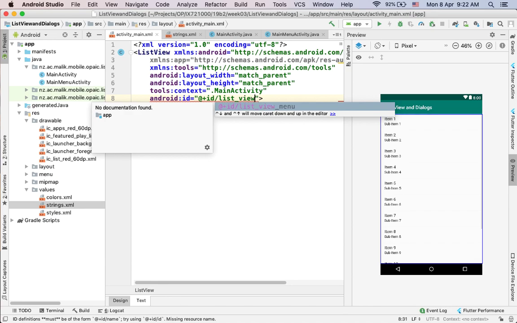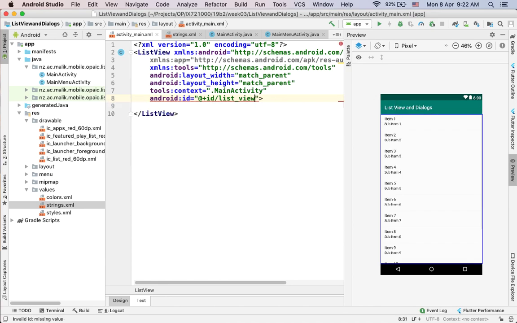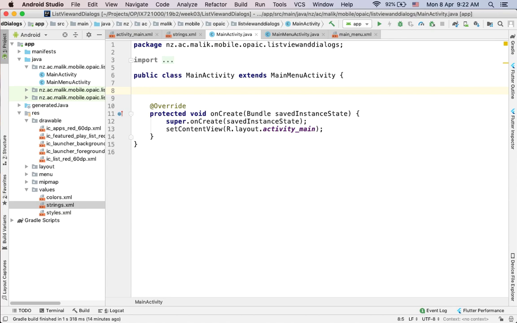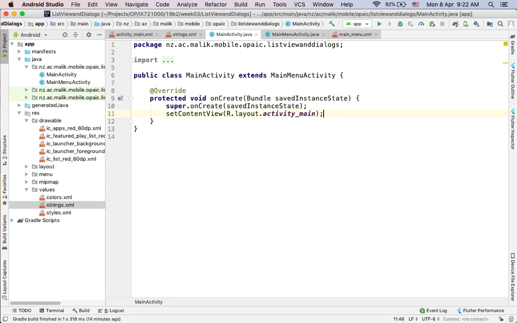List underscore view. Okay, well, that should be fine. So we have that particular list underscore view, and then we can simply create that particular object here. I think we don't even need to create it, because we are going to initialize it and then use it. List view is equal to find view by id r.id.list view,